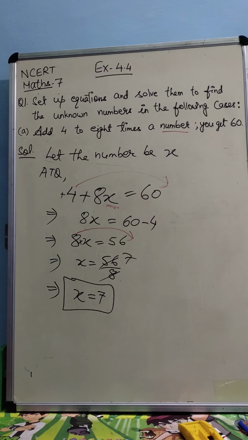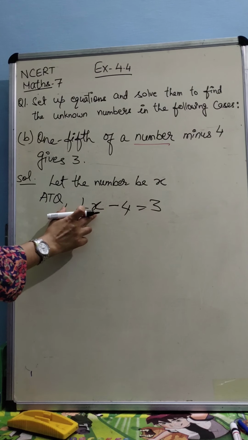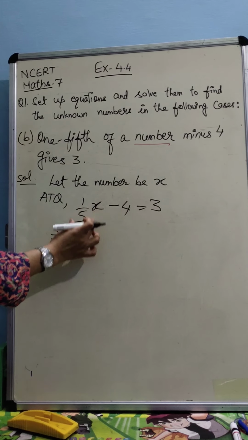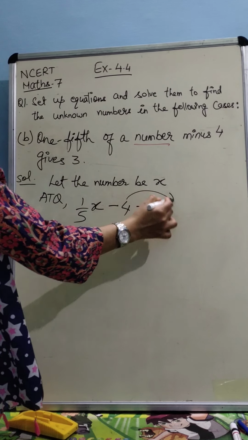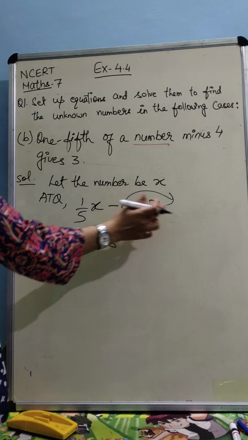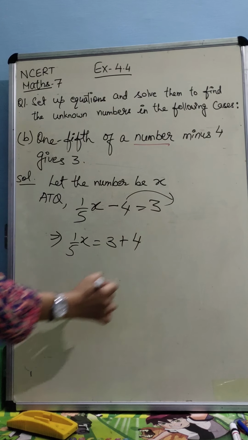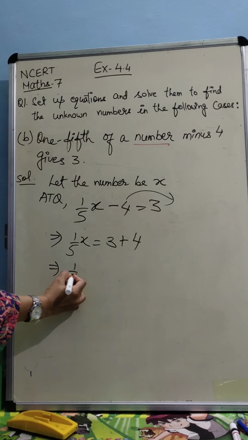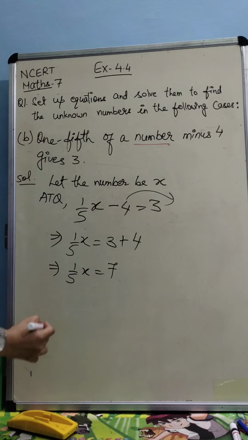Okay, so this is the equation. Now we have to solve it. So how we will do? So this is the variable. Okay, so this term will be in the LHS only. This 4 will be transposed, and we transpose it to the RHS. It is minus 4 here. On transposing, it becomes plus 4. So how much we will have? 3 plus 4 is 7.